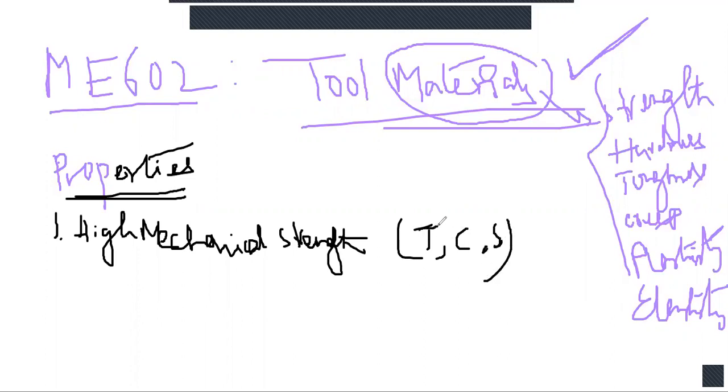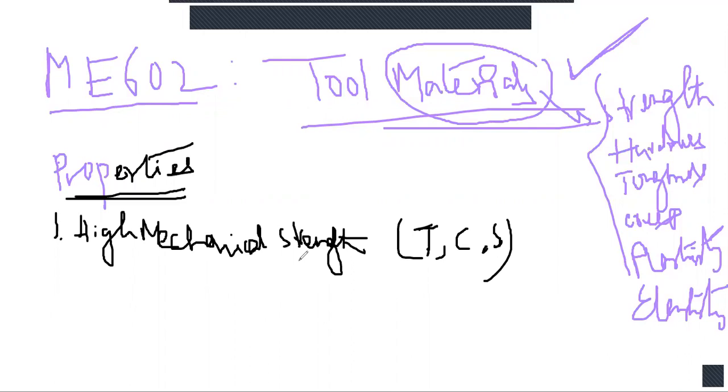Okay, I am writing in short form: T for tensile, C for compressive, S for shearing. High mechanical strength. If the cutting tool material has high mechanical strength, then